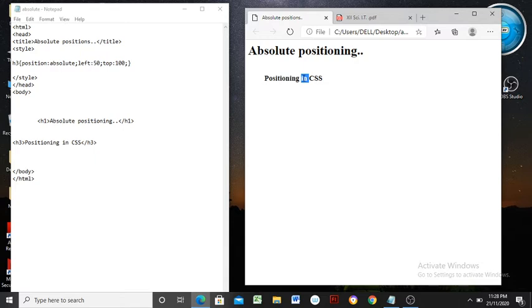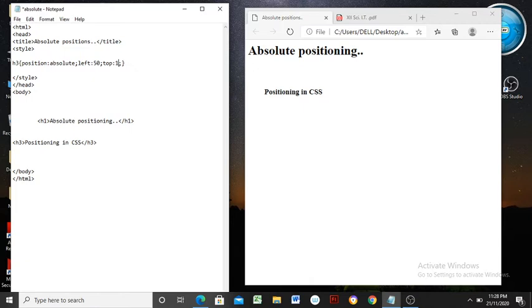Okay, see here how it is applicable. See here by refreshing the page. Yes, it is moved to the next lines. Positioning in CSS, the same sentence is there, leaving a space of 100 pixels. So it is applicable for 100 pixels. See, we can change the value for this also.